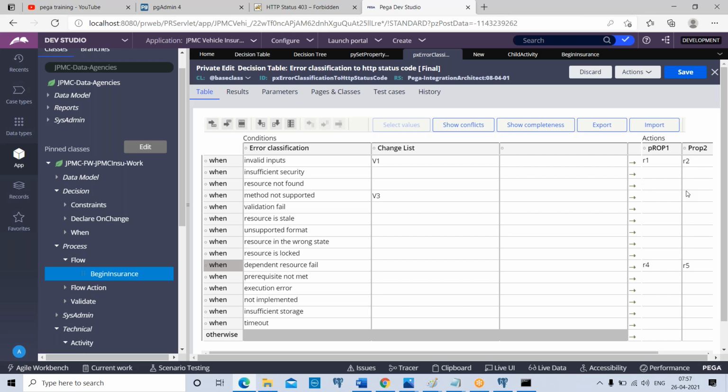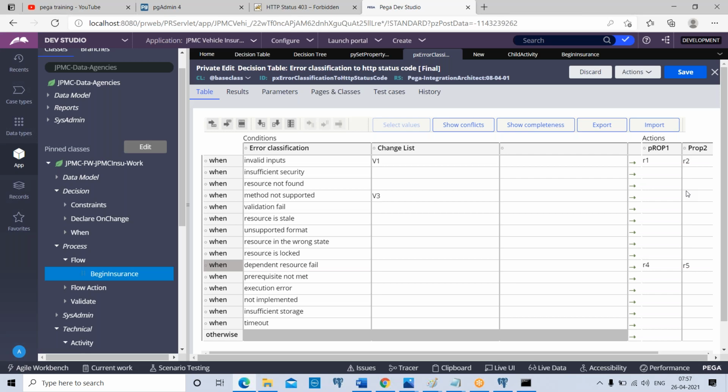In a decision table, for all the conditions, we use a fixed set of properties. In a decision tree, for different conditions, we can use different sets of properties. From a decision table, we can call other decision rules using the expression builder functions, pxEvaluateDecisionTable and pxEvaluateDecisionTree, calling table and tree accordingly.